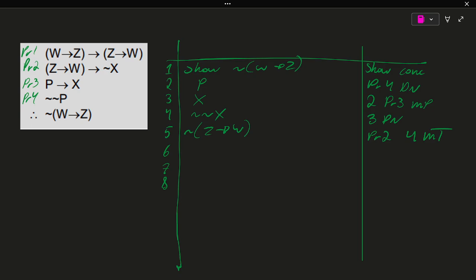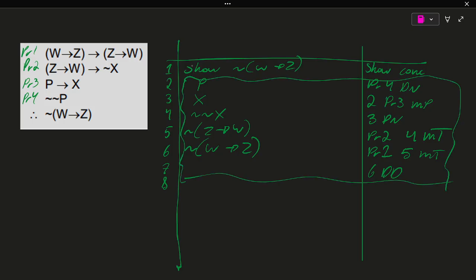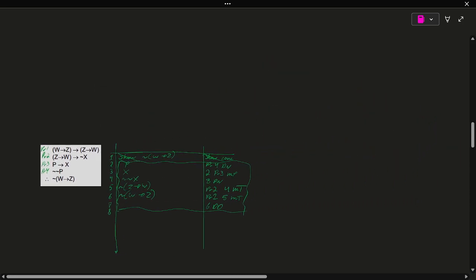We're almost done. Not quite though. Luckily for us, PR1 is just a simple PR1, line 5, MT, which brings us the negation of the antecedent. In this case, it's just negation of open bracket, if W, then Z. Line 6, DD, and we come to our conclusion. Done. Just like that,